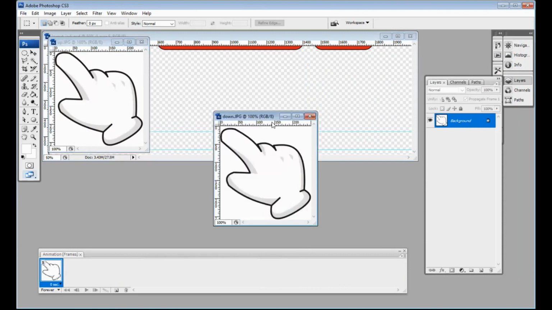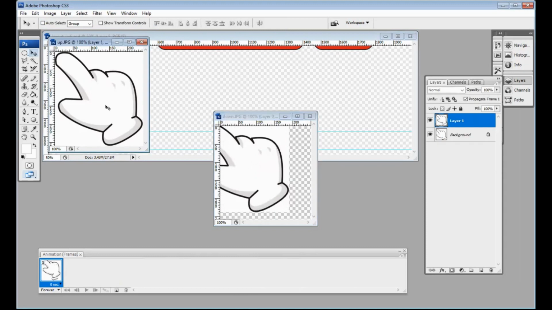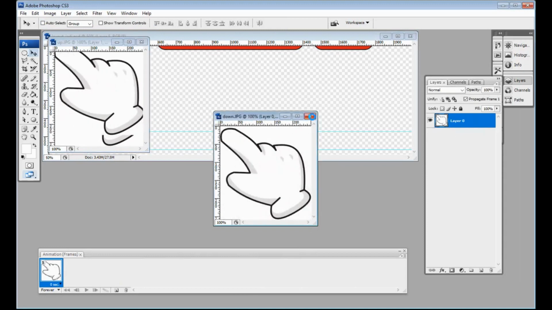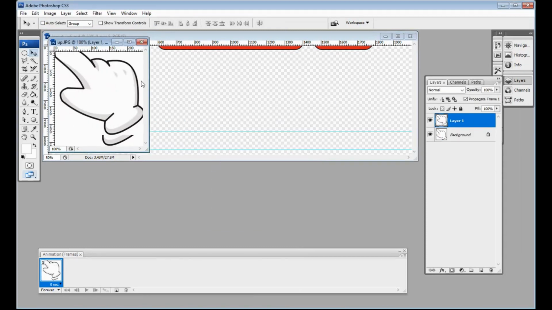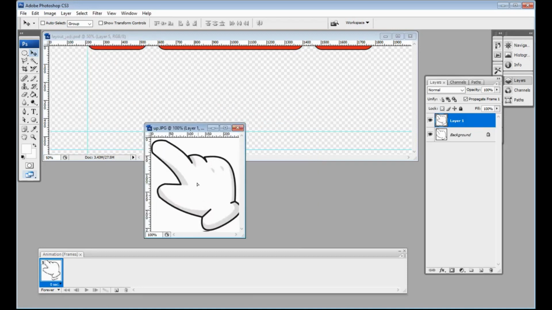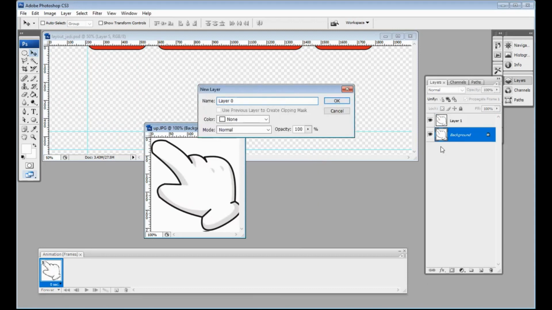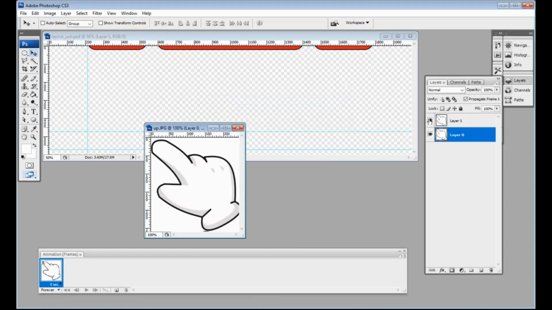I will explain from here. I just use frames; we have 2 frames.